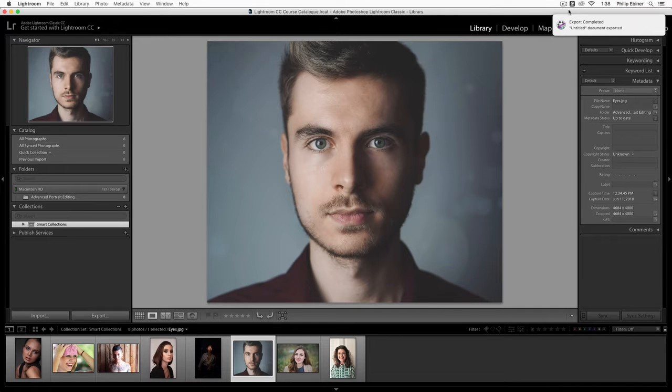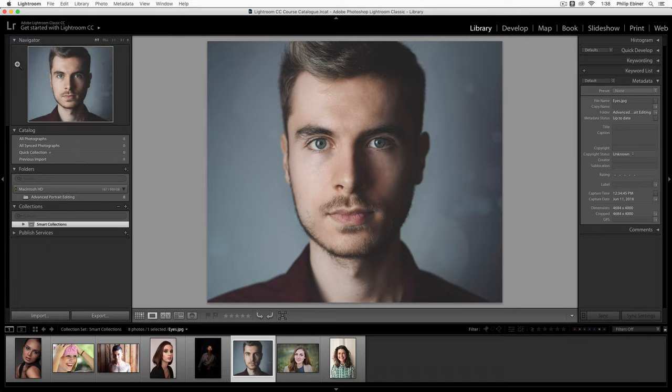Now, I know what you want to do is jump into editing our photos to make them look amazing, but organizing in Lightroom is a huge aspect of what Lightroom is capable of doing, and learning these things right now will really help you become a better photo editor in the long run, saving you lots and lots of time.